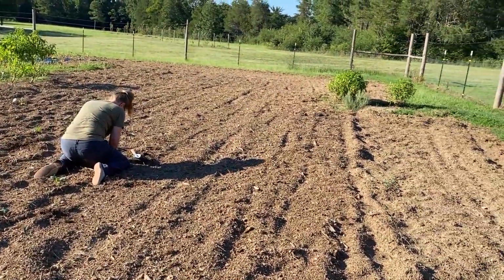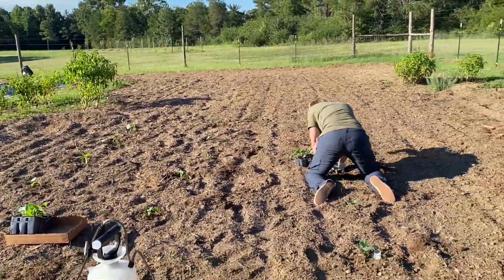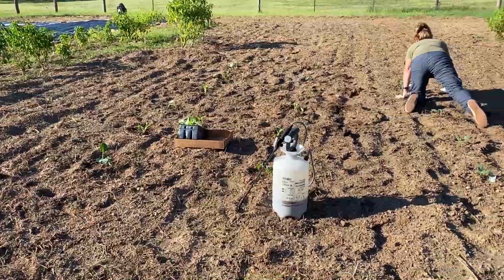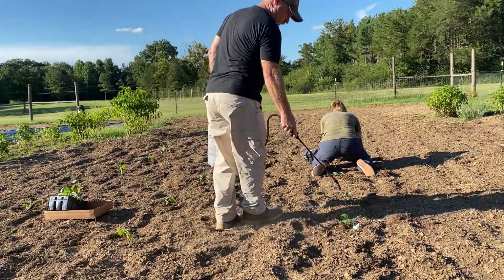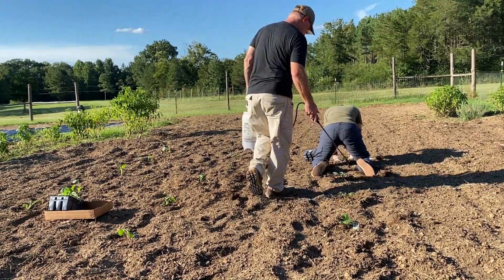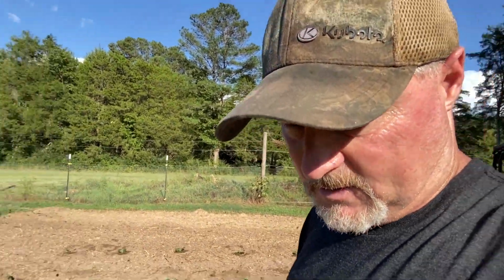All right, Karen is planting the cabbage, and I am adding a spritzer of liquid lime and fish emulsion to each of these plants to give them a little bit of a jump start here. While Karen's wrapping up planting these last couple of cabbage plants, I thought I'd show you a little bit about